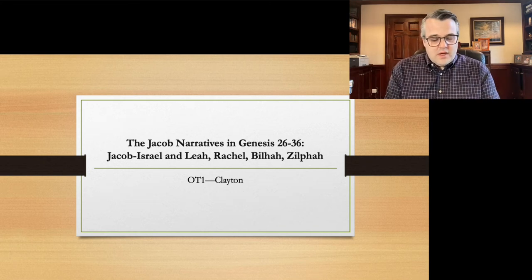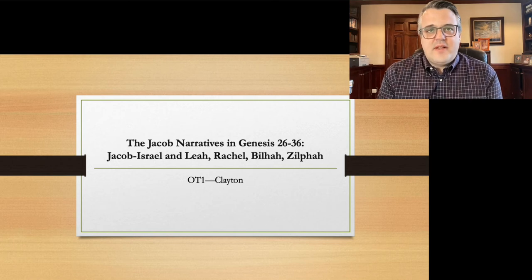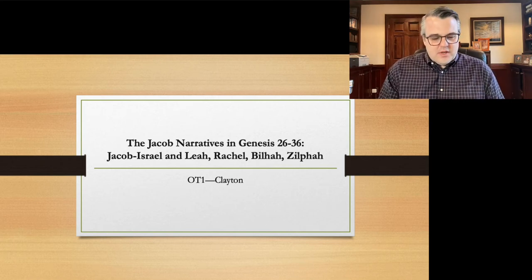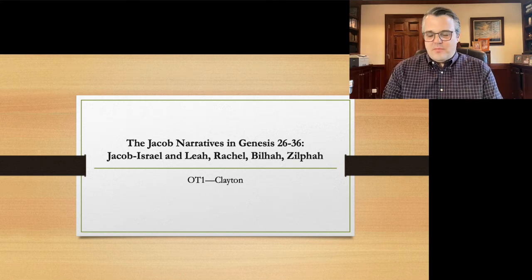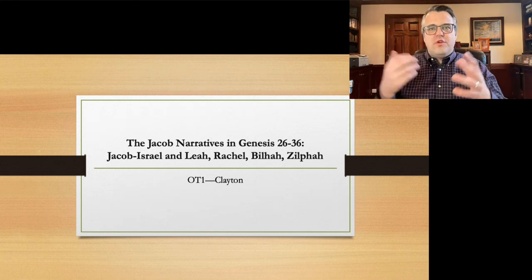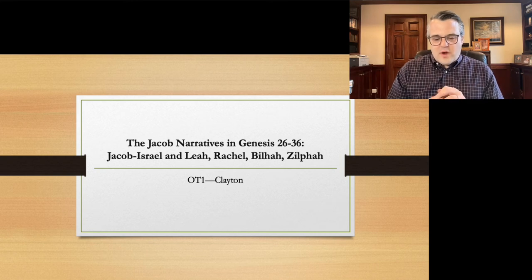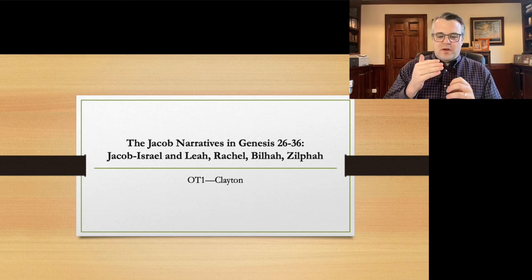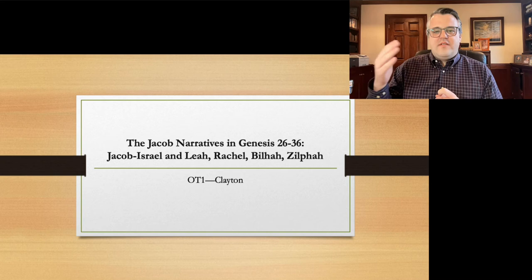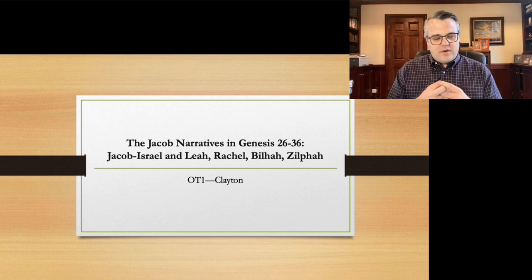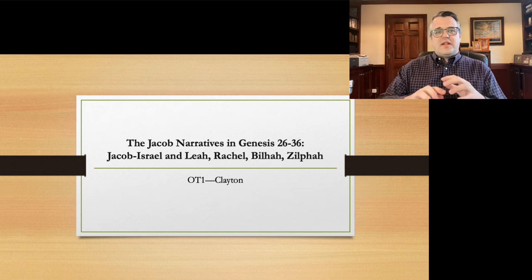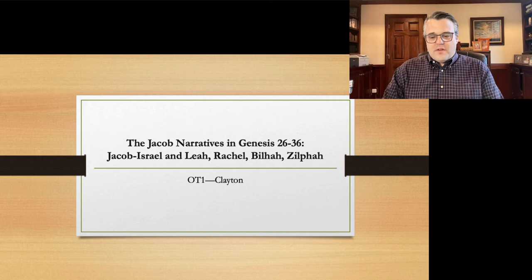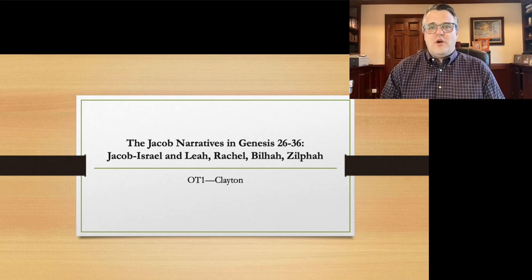For example, Jacob has multiple wives, as Abraham did. That's not God's ideal, polygamy. But God works through human failure and human frailty to carefully and faithfully advance his plan of redemption for all the families of the earth. Remember, in the language of Genesis 12. So that's a bit of the flow here, a bit of the flavor, as we come to